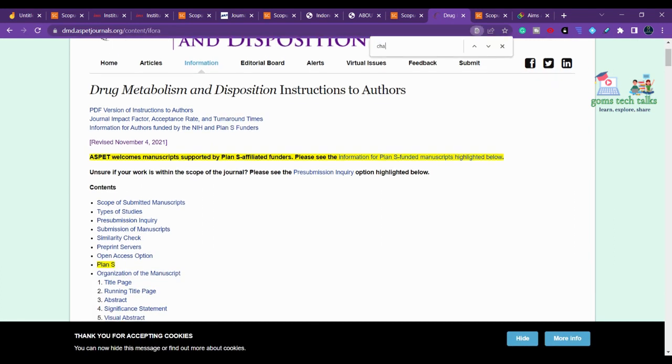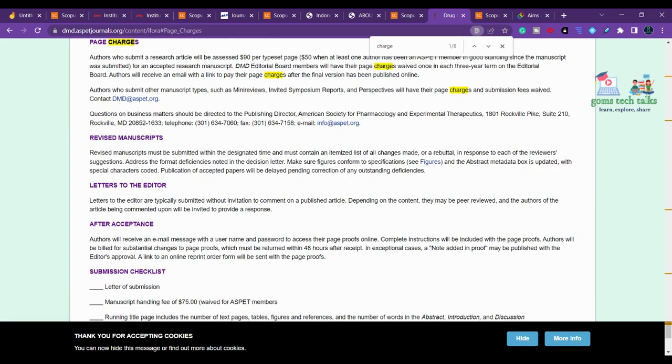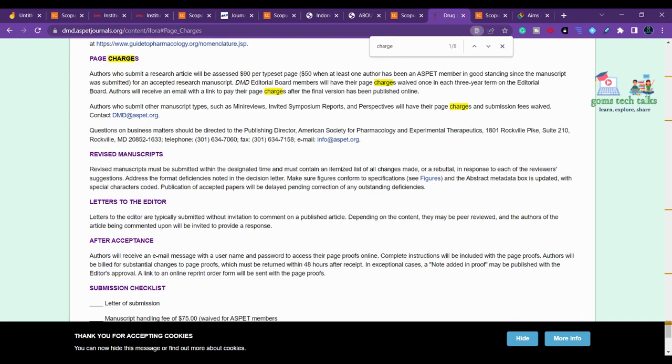Okay, so charge, okay, page charges. They have mentioned the page charges here. Authors who submit a research article will be assessed $90 per typeset page. Okay, 90 per page. So if you have, for example, let us consider you have 6 pages in your article, then it will be 540 USD, that is